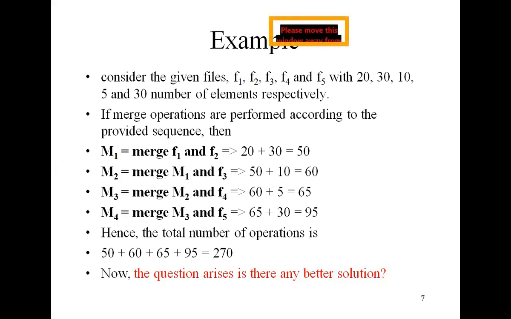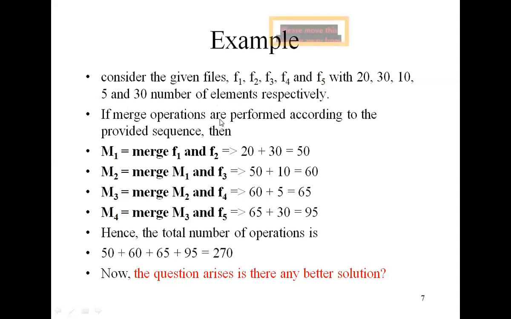So F1 file consists of 20 records, F2 file consists of 30 records, F3 file consists of 10 records, F4 file consists of 5 records, and F5 file consists of 30 records. So all these are sorted files.